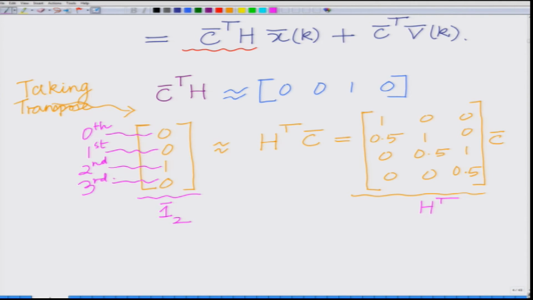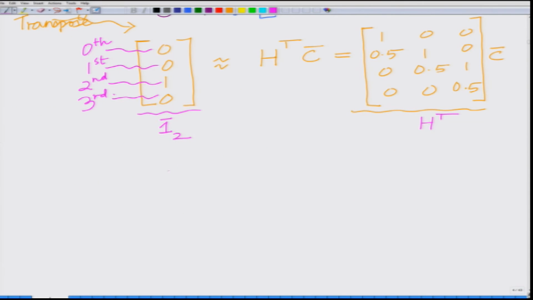So, 1 bar 2 is basically the vector which has 1 in the second position, start counting from 0, 1, in the second position and zeros everywhere. And therefore, now the least squares criterion for equalizer design can be expressed as,